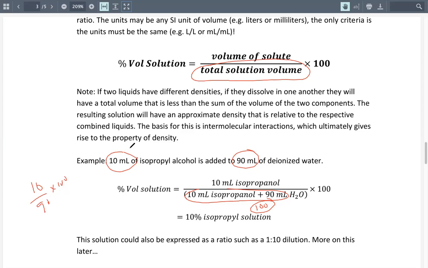So just make sure that if you see a question like that, always remember or hear me in your head telling you to remember that it's the total solution. So make sure you add that, you add this number, this 10 to that 90 to give you 100 milliliters, okay? The other thing to be careful of is they might put one of the measurements,